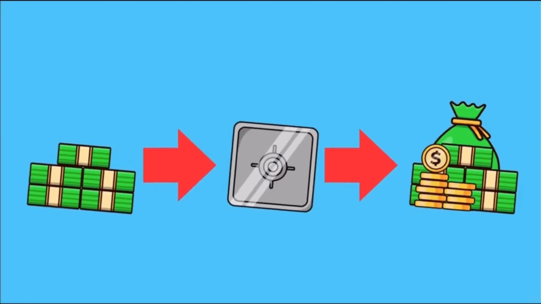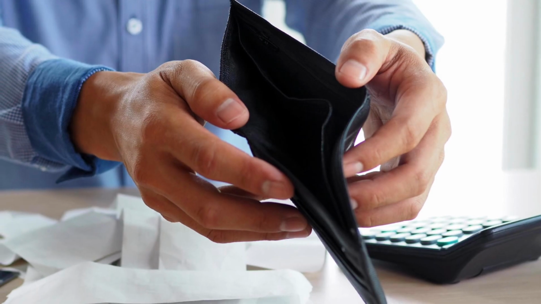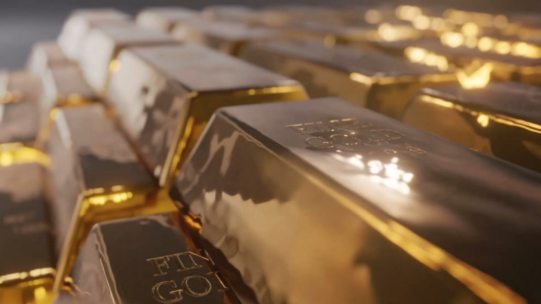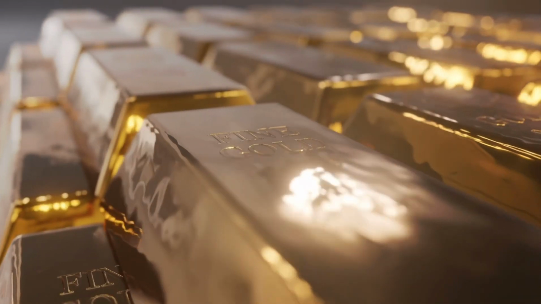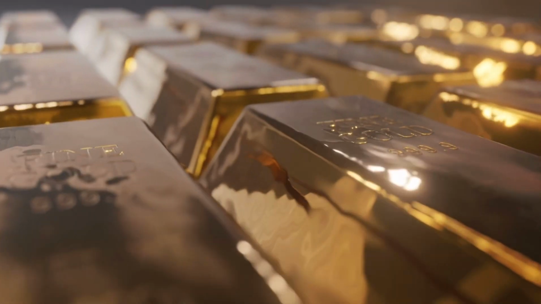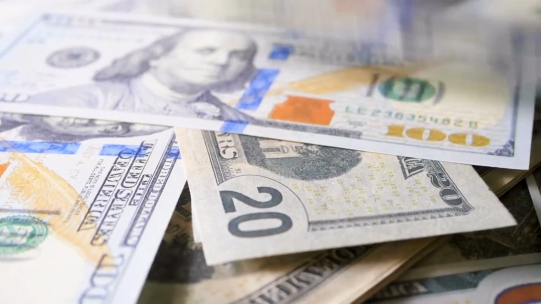In simple terms, assets are things that can generate income for us, while liabilities are things that take money out of our wallets. To create wealth and achieve financial freedom, we should aim to reduce liabilities and increase assets. In this video, we will delve into the differences between assets and liabilities and discuss how we can increase our